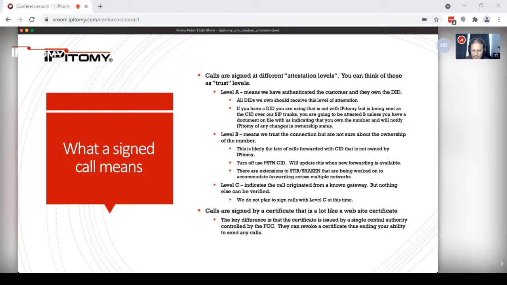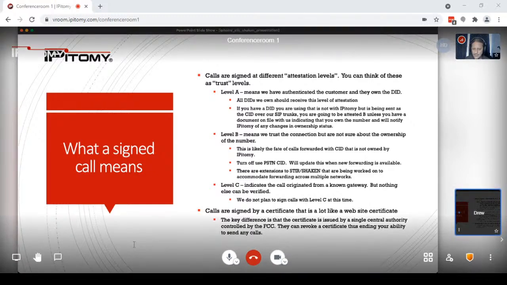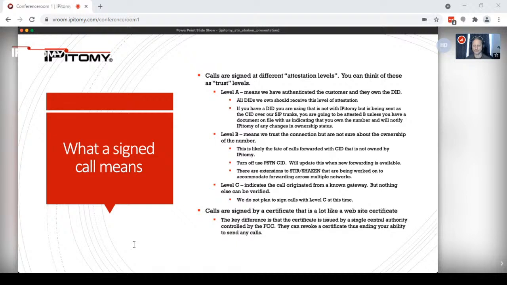Basically that means that all DIDs that Epitomy owns, that our customers have through Epitomy, will receive that level of attestation as long as you're sending them as the caller ID. If you have a DID that is not with Epitomy but is being sent as the caller ID over our SIP trunks,